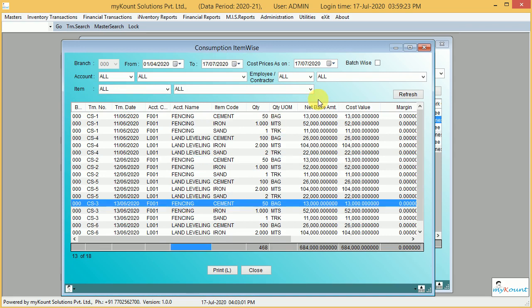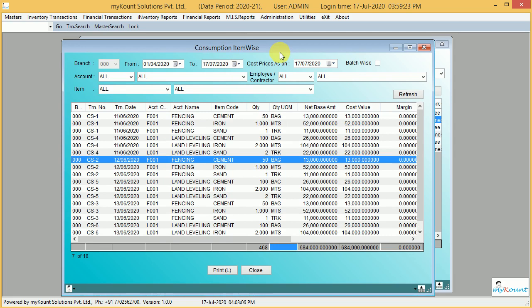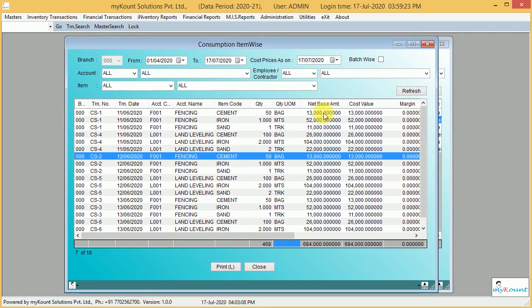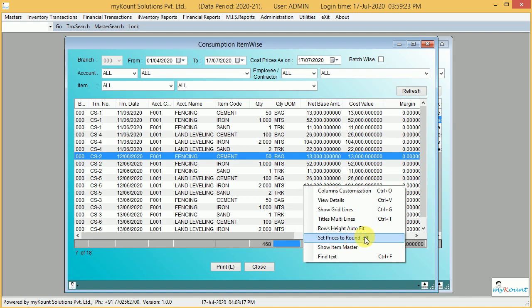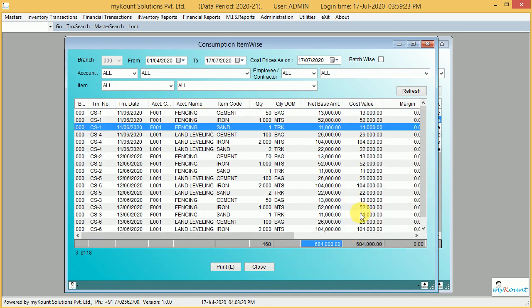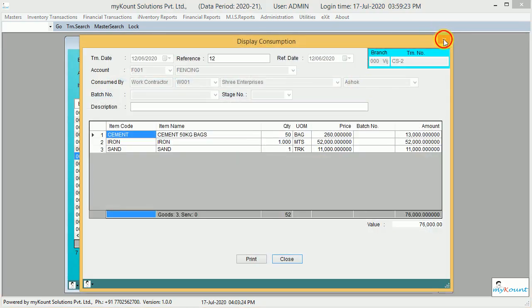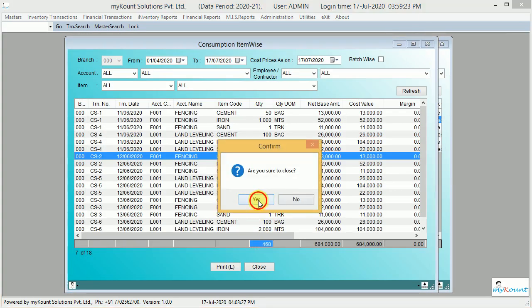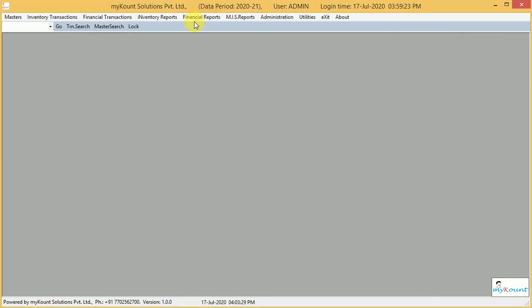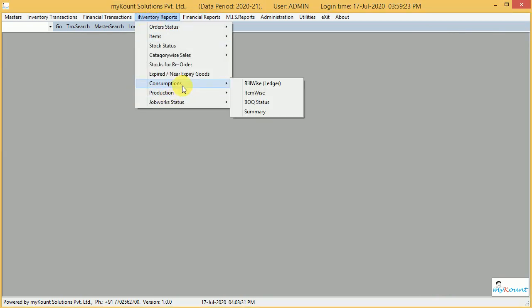So similarly, not only for construction company, for manufacturing company also similar process. Here after decimal it is showing 6 digits for accuracy purpose. If the user does not wish to see 6 digits, he can set it as round off so that we can see only 2 decimals. And on double click we can see the complete transaction. So this is item wise. So whatever material has gone out from the stores, we can see bill wise and detailed item wise.